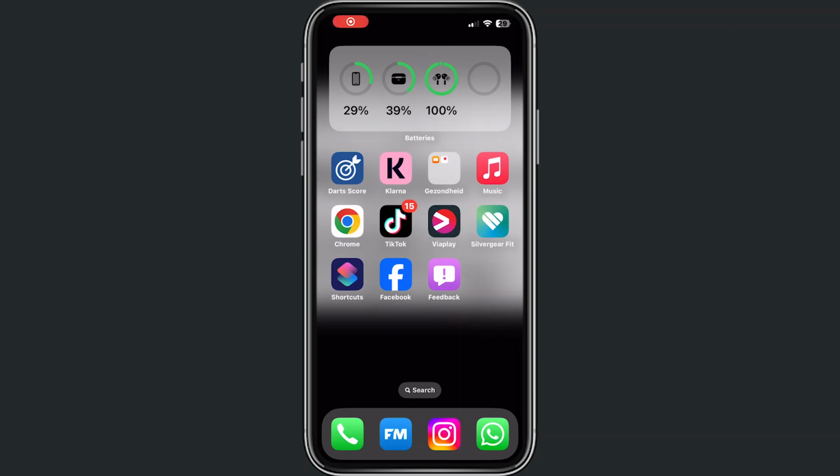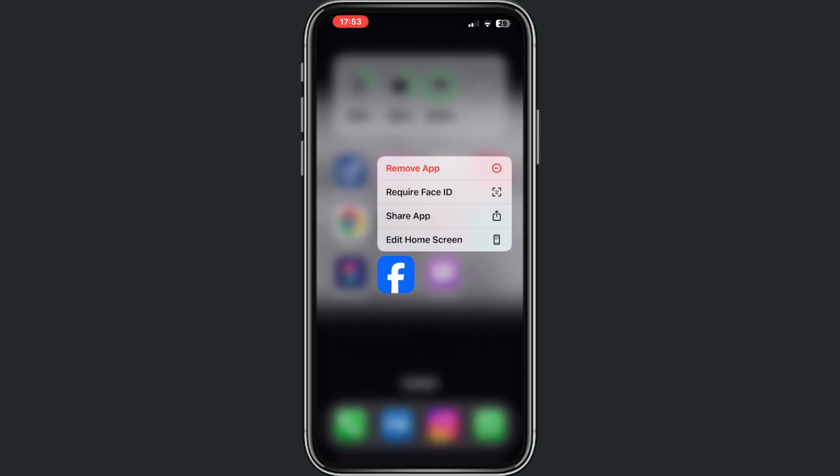Hey you, and welcome to this video where I will help you out how you can change your app icons after iOS 18 or newer. And this is very simple. I want to change this Facebook application into a black one, and I will show you as quick as possible